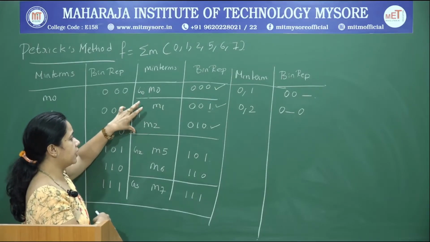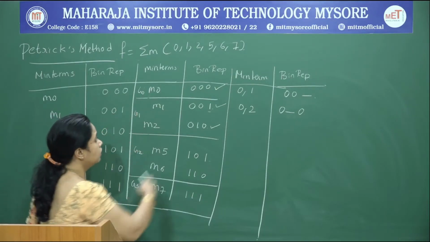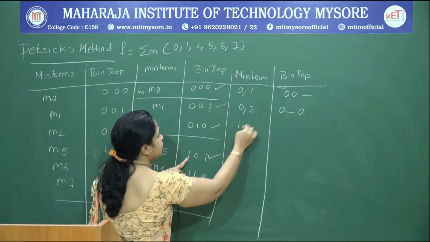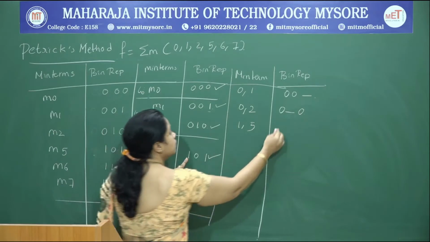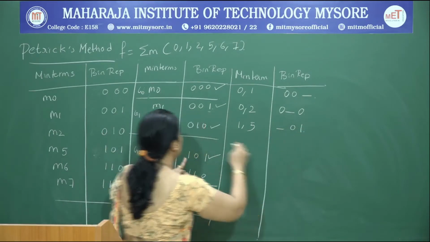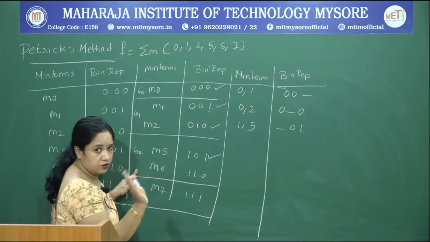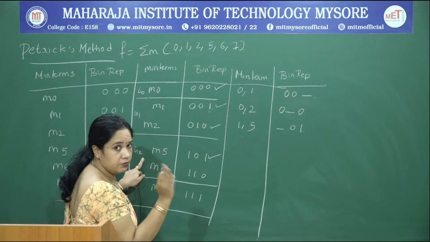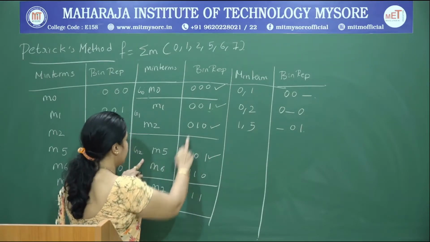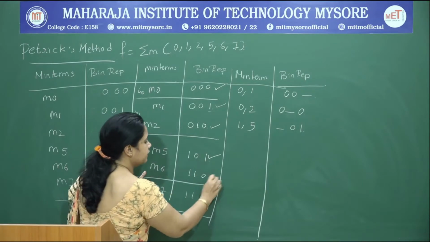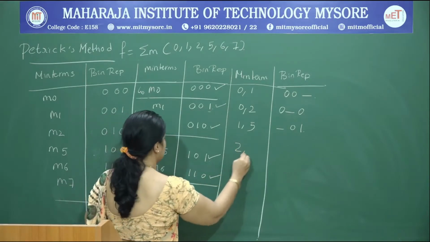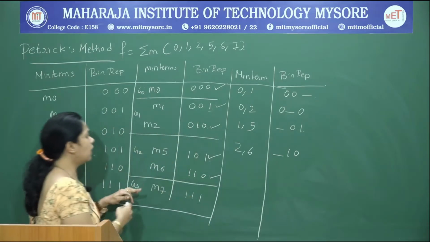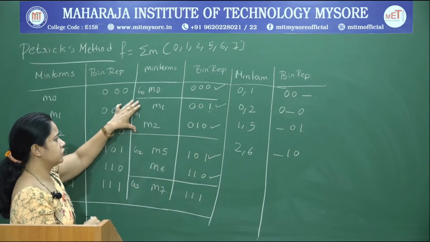Now I continue comparing all minterms of G1 with G2. So if you can see, yes, 1 and 5 differ by this bit position. I carry it to the next column by putting a check mark. So it is dash, 0, 1. Now compare 1 and 6. No, it does not differ by 1 bit position, no need to carry. Next compare 2 and 5. It does not vary by 1 bit position, don't carry. And when it comes to 2 and 6, as it differs by 1 bit position, it happens to be dash, 1, 0.